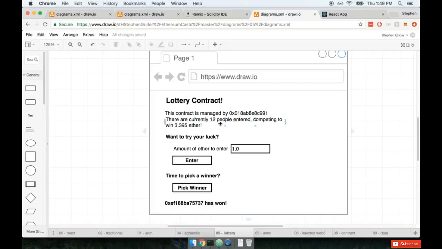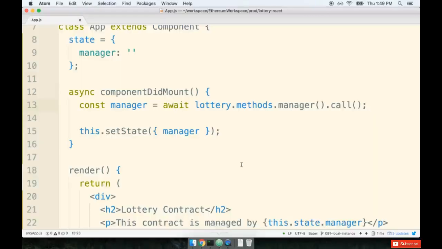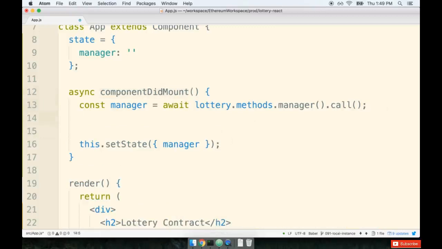So we need to fetch off both the number of players who are currently entered, and we also need to get the balance of the contract. These are both things that we've done in the past several times, so I think this will be a pretty quick little task. Inside the componentDidMount method, I'm going to add on another variable here. We'll call this const players, and this will be coming from